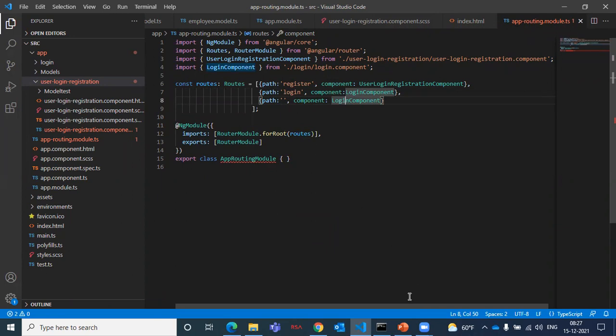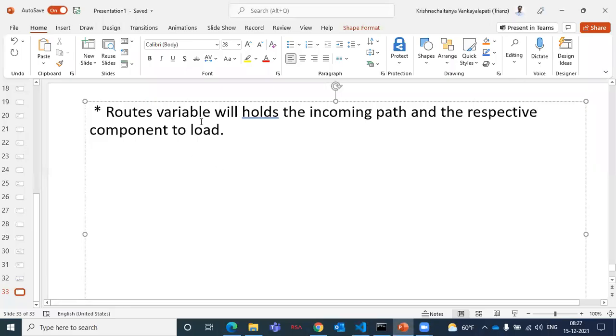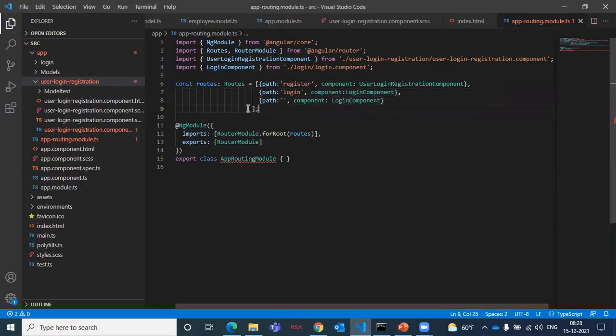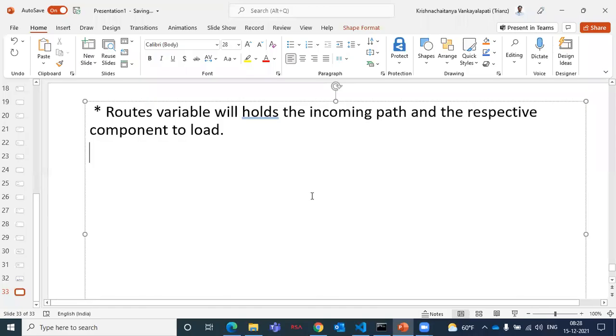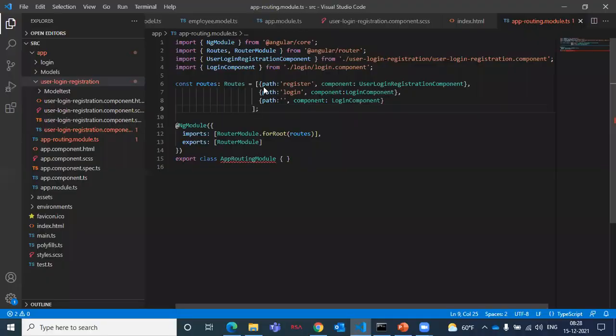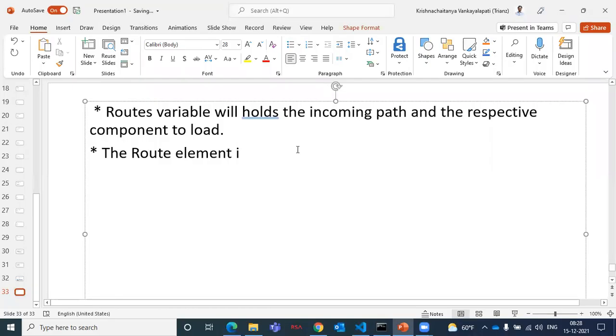So as of this point, routes is the variable which holds the incoming path and the respective component to load. Now you can write this down. Next, write that the route element, each one being one element, is an object.